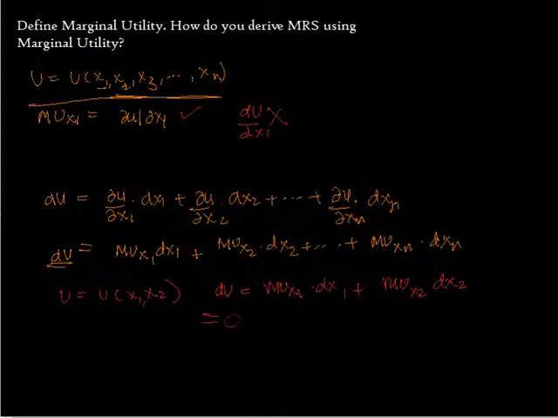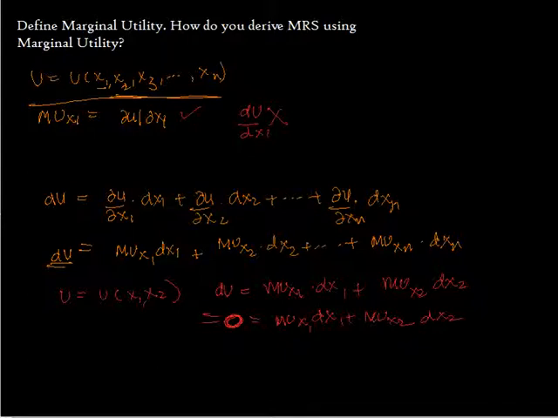So the equation becomes MUx1 dx1 plus MUx2 dx2 equals 0. If you rearrange these terms, you get minus dx2 by dx1